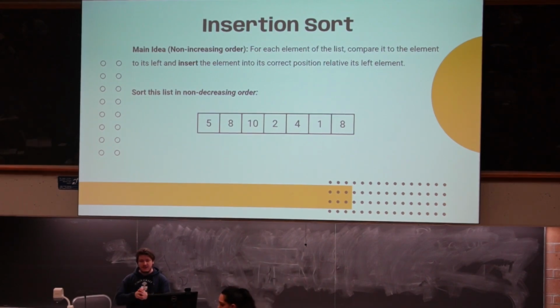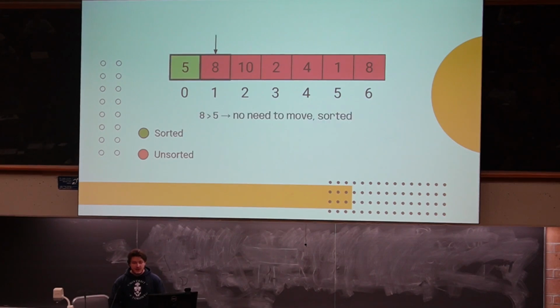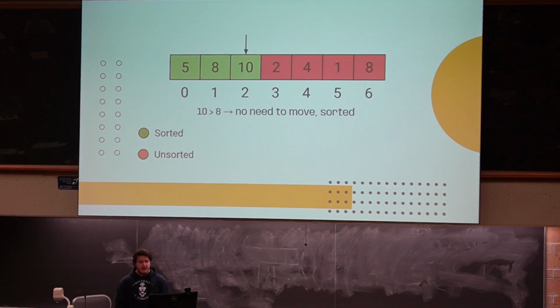So you keep going until it's in sorted order, and then you sort the left subset of your list, and then you just keep going and keep doing it that way. So for this list, right, we check 5. There's nothing to the left of 5, so we have nothing to sort. Now we go to 8. Well, is 8 bigger than 5? It is. So we're still sorting. And then we look at 10. We're still sorting. Now when we look at 2 and we look to the left, right, we can see, okay,